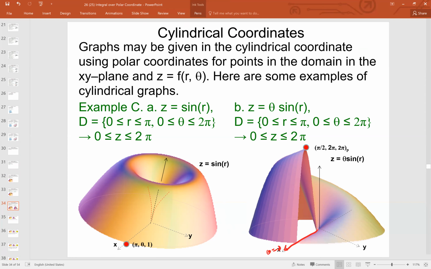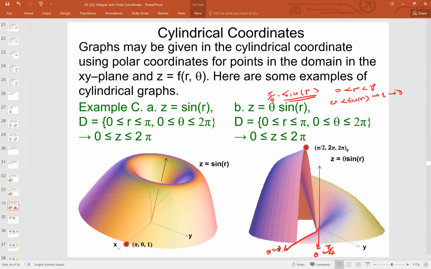As theta increases, let's say theta equal to pi over 4, then I plug in pi over 4 times sine of r. Again, for r between 0 and pi, the sine of r takes some value from 0 to 1